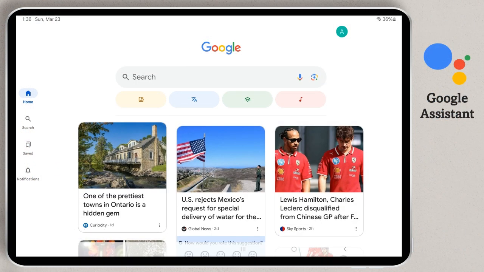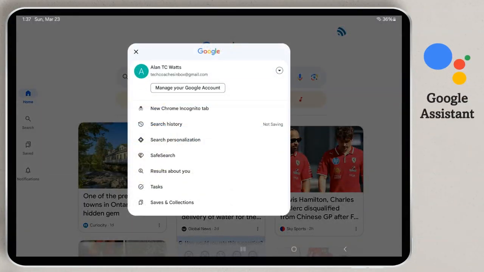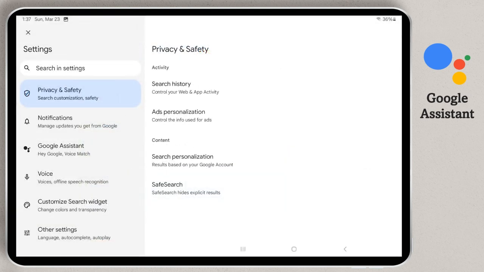Now let's go through the steps to set up Google Assistant on your Android tablet or smartphone. First, we start by opening the Google Search app. Next, you need to access the settings by tapping on the profile picture in the top right corner. In this example, it's a green circle with a capital A. Once you tap on this, it will access a new window automatically. And if you scroll down in this window, you will find the option that reads Settings. Tap on that, and it will take you into the Settings menu, where you will now have to look for